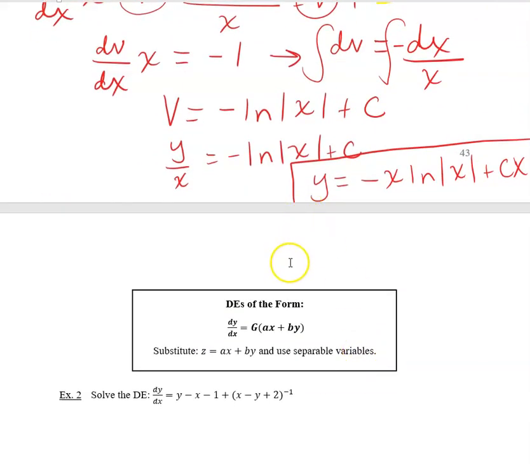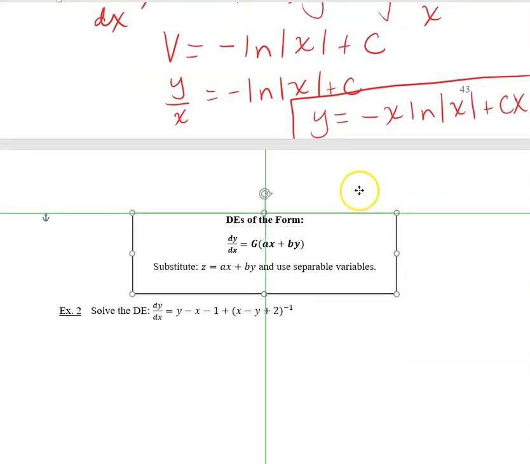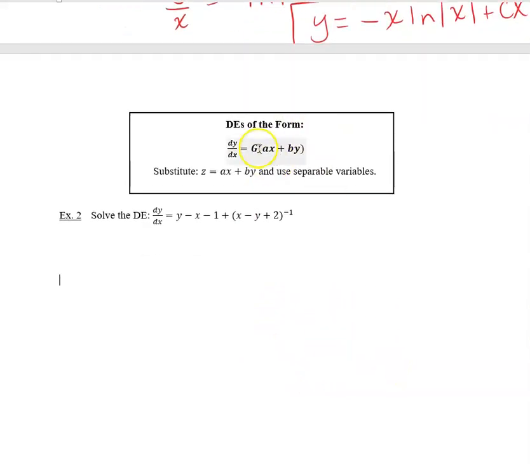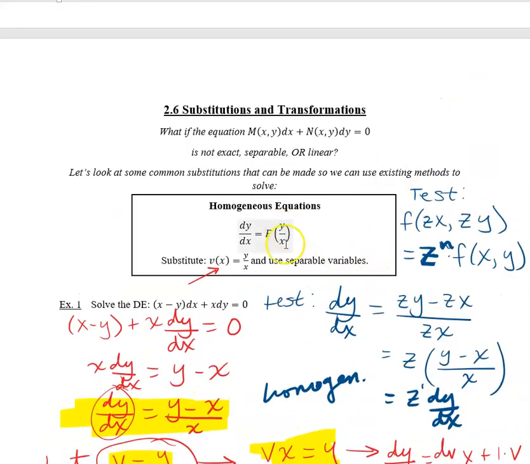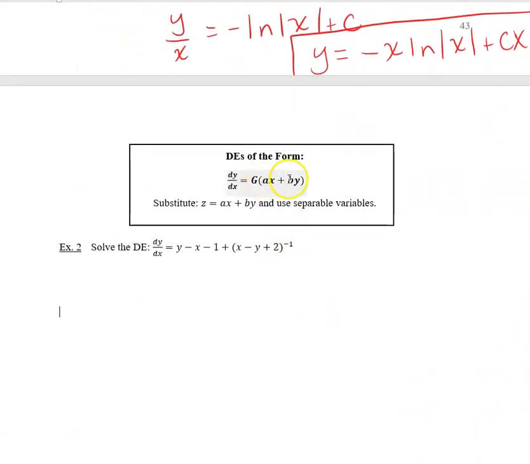All right, let's talk about the next method, the next sort of special substitution that we're going to use, and that would be if we have a differential equation in this format, where we have dy dx equals some function of ax plus by. So like in the last example, we had some function of y over x, where that was our argument. Now we want something where we have an argument that's linear, ax plus by. And if that's the case, we're going to let z equal that argument, and then we'll be able to separate the variables. So it may take a little bit of creativity here to see the substitutions with some of these,